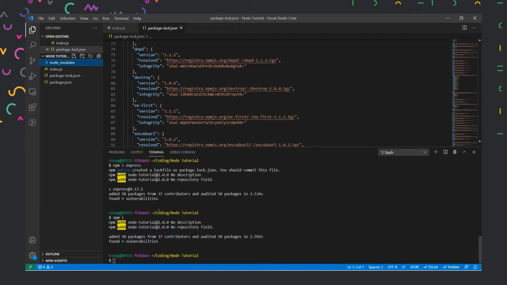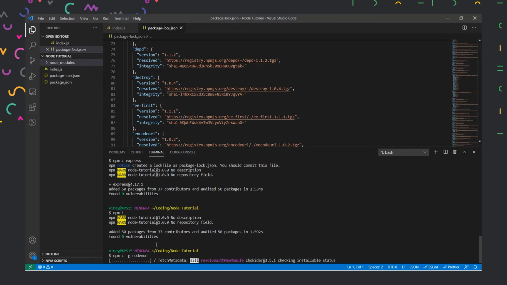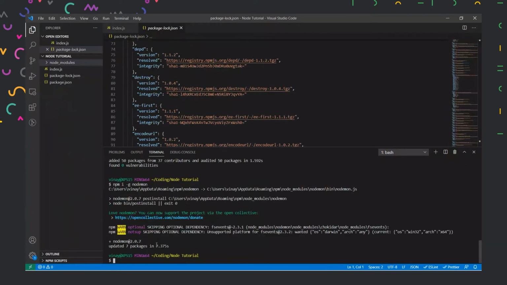And this was about npm. So we learned how to install an application using Express, and notice that this is installing in a repository directly. If we were to install any application globally, let's say on our system, we want all the repositories to use any npm package, then we can just simply type npm i, and then we can give a flag of G, which stands for global. And then let's say I want to install nodemon, then it will install nodemon on our system directly, so that all our repositories can access it. And with this, we are done with npm.